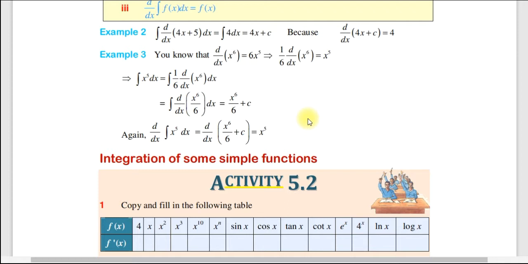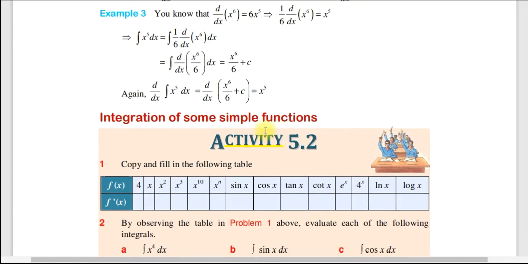ስለዚህ ይሄ እንደ ኢንትሮዳክተር ነው የሚያገለግለው። ኢንተግሬሽን ራሱን የቻለ ሩል አለው፣ እንዴት ኢንተግሬት እንደሚደረግ የራሱ ፎርሙላ አለው፣ ልክ ዲፈረንሺዬሽን ላይ የራሱን ፎርሙላ ስናይ እንደነበረ። ለምሳሌ the integration of some simple functions። ከዚህ ቀደም ዲፈረንሺዬሽን ላይ ፓወር ፋንክሽን፣ exponential function, logarithmic function, simple trigonometric function እንዴት ዲፈረንሺዬት እንደሚደረጉ ስናይ ነበር፣ አሁን ደግሞ እንዴት ኢንተግሬት እንደሚደረጉ እናያለን ማለት ነው።